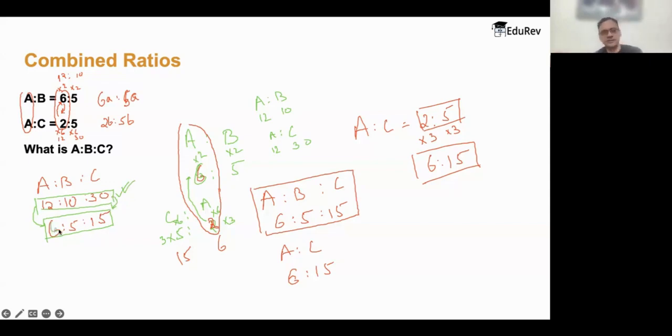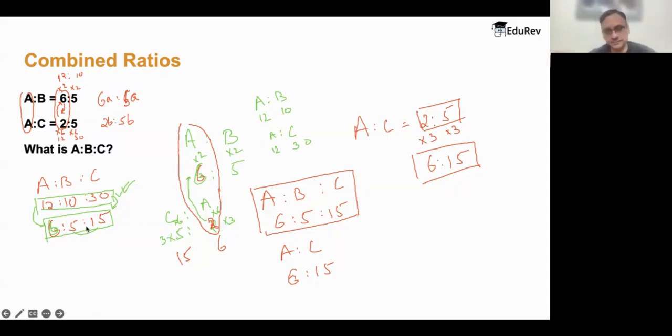Okay, so both the methods are absolutely fine. But the final answer will not be 12:10:30. It will be 6:5:15. Because as I told you at the start, a ratio is always represented in its lowest form. Any common term across all the parts of the ratio should be removed. So 6, 5, 15, there's nothing common. There's 5 common here, but not in all 3 of them. Here, 2 is common in all of them. So 2 we'll need to remove. Hence, the final answer will be